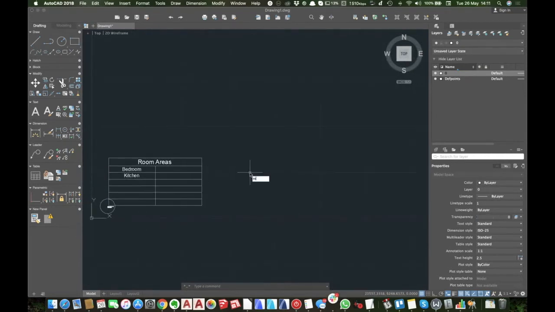So let's draw a house now. Let's draw a house of 10 by 10 dimensions. 10, 10, 3, 10, 3. Okay,